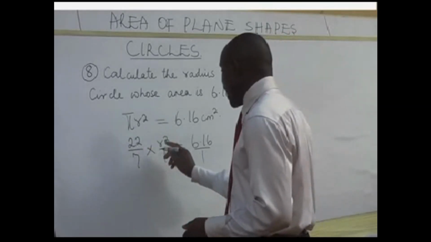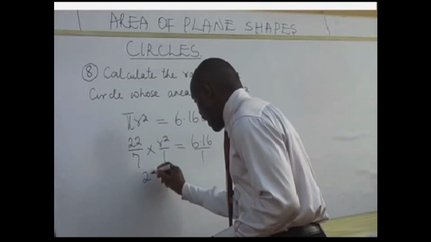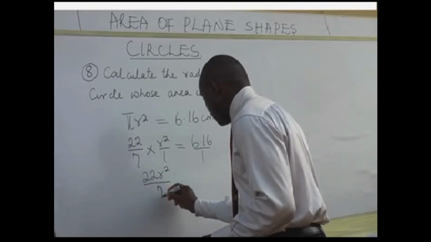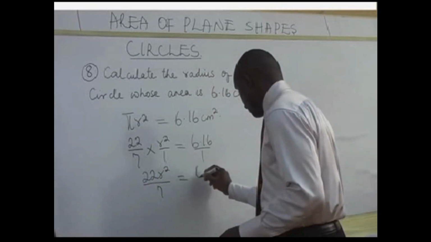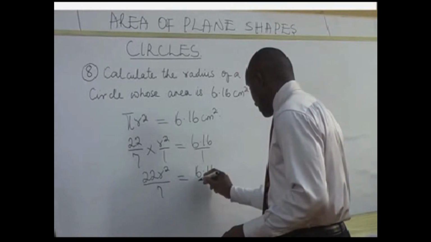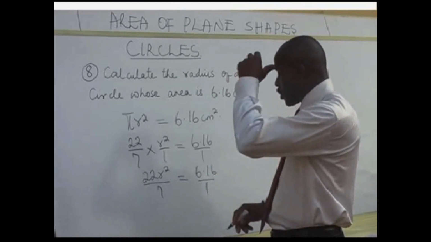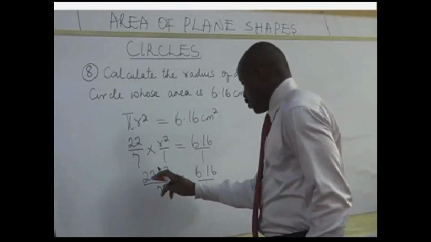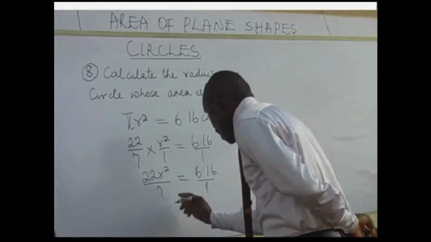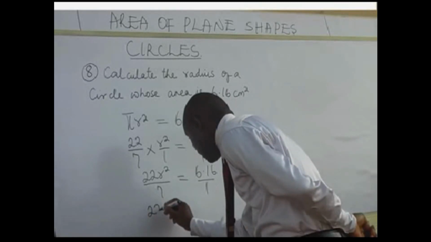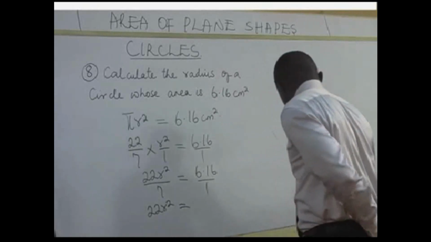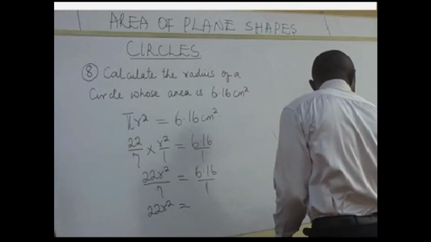Multiply 22 and r squared, you have 22 r squared all over 7 is equal to 6.16 all over 1. You are free to cross multiply now. 22 r squared times 1 will give you 22 r squared, and it's going to be equal to, let's multiply straight,